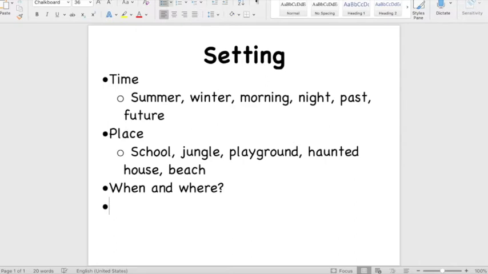To figure out setting in a story, we can look at the pictures or illustrations and the text, which just means the words. So one of the best ways to figure out the setting of a story is to look at the pictures and the illustrations in a story to get clues about when and where the story happens. You can also read the words of the story to see if there are any clues about when or where